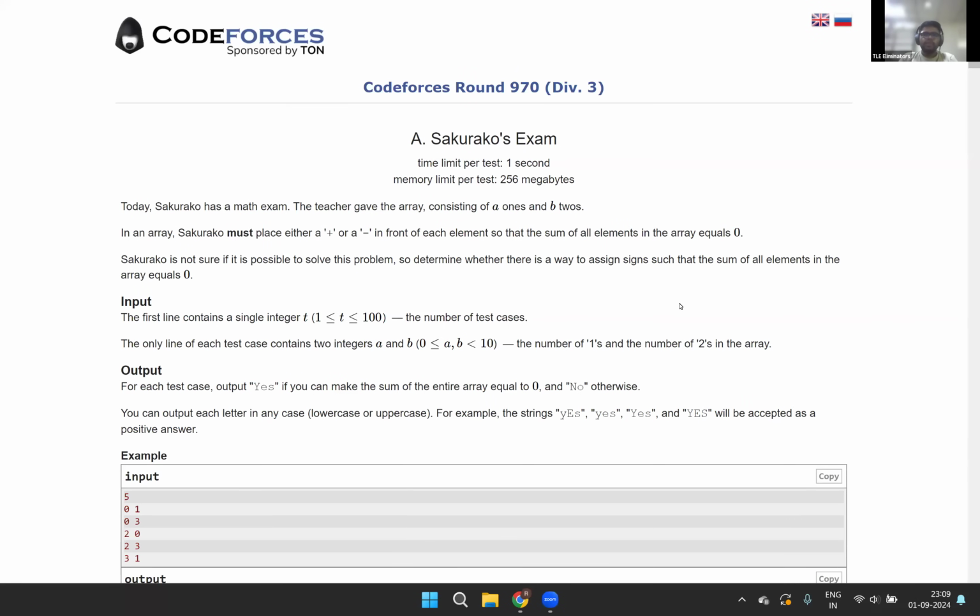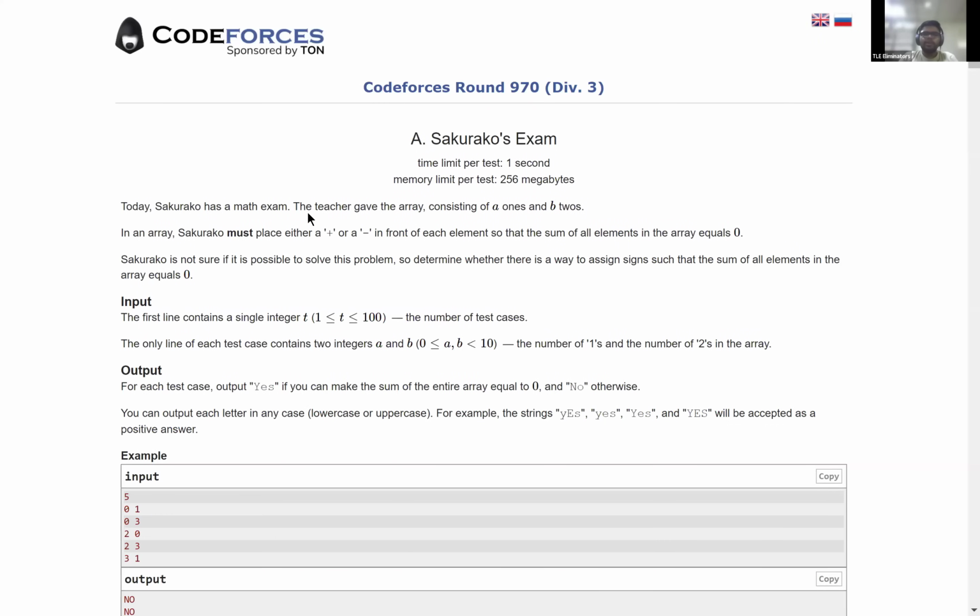So in this session, we will discuss the first 6 problems of Codeforces Round 970. The very first problem of the contest is that there is someone having a math test and he is being given a number of ones and b number of twos, and it has been given in an array,